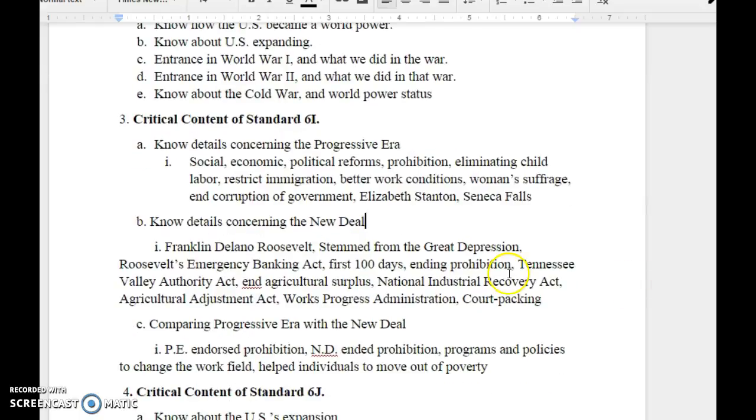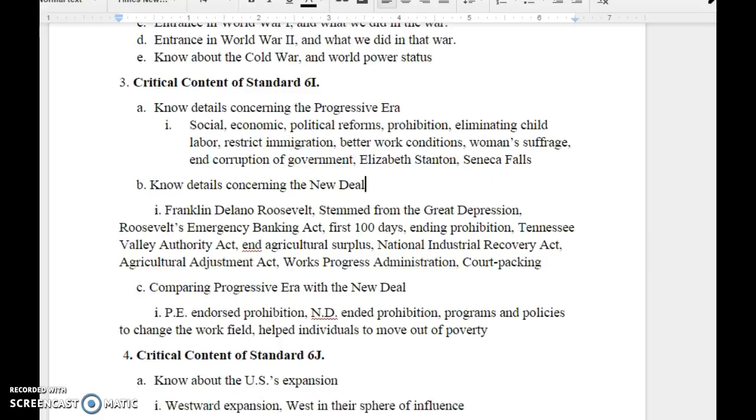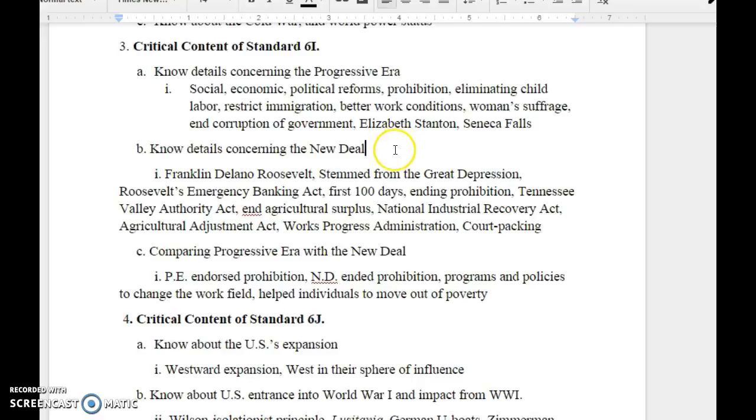The critical content for Standard 6I is I should know details concerning the Progressive Era. This is a time where there were social, economic, political reforms. You had prohibition, eliminating child labor, restricting immigration, better work conditions, women's suffrage, and corruption of government, Elizabeth Stanton, and Seneca Falls. So this is a very critical time in U.S. history,